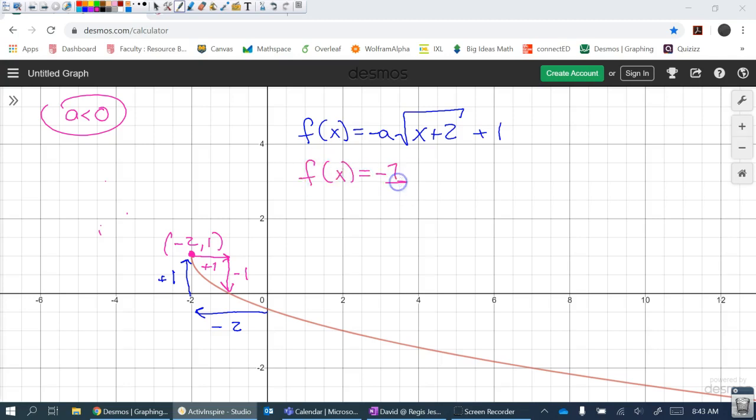I'll put the 1 in for emphasis. So now we see the vertical reflection, the translation left 2 units, and the translation upward 1 unit. I think that's all we need to talk about with square root functions today, and we'll see where we stand